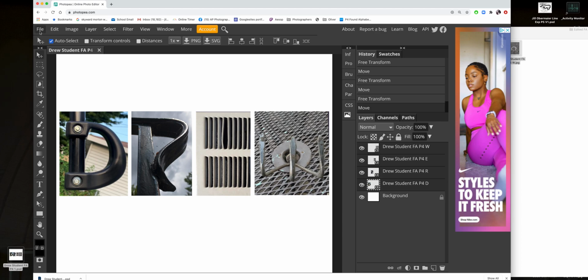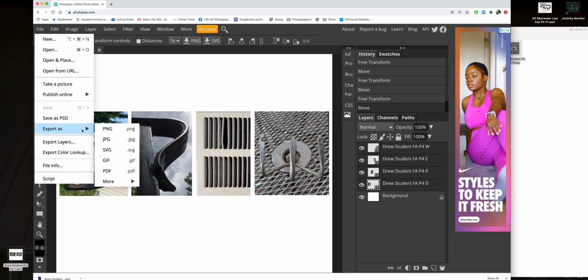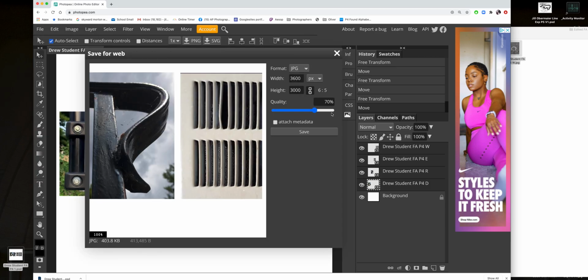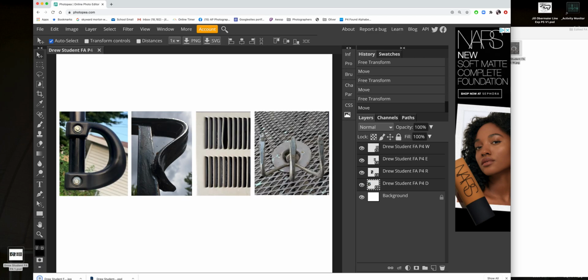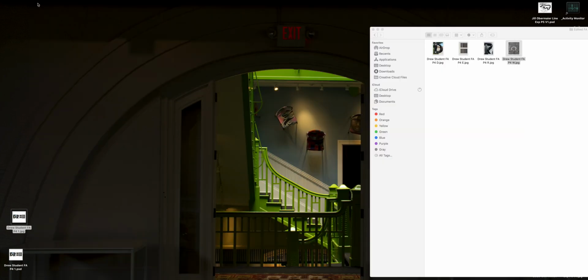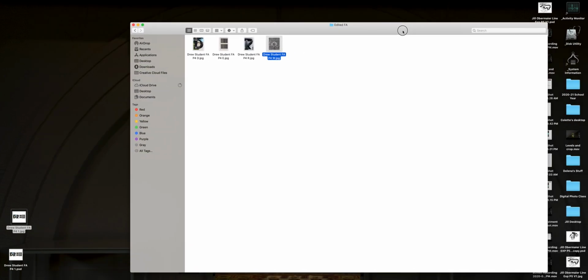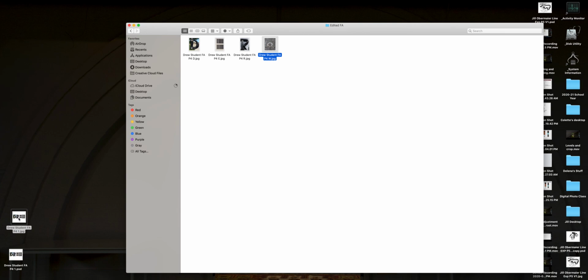Okay, next I'm going to save the whole thing as a JPEG. And so here it is. I'm going to change it to inches just to make sure it's 10 by 12. The quality I'm going to bump up to 100%, and I'm going to attach the metadata. Push save, okay, and drag it onto the desktop. All right, now I'm going to close it up, and here's my edited FA, Found Alphabet. I'm going to drag those two files into that folder